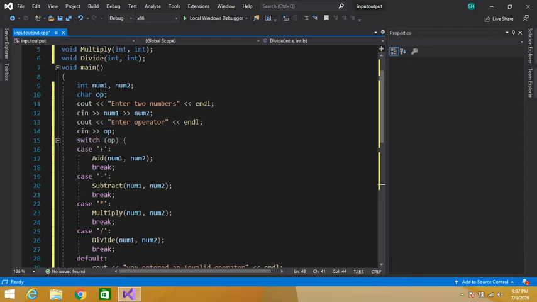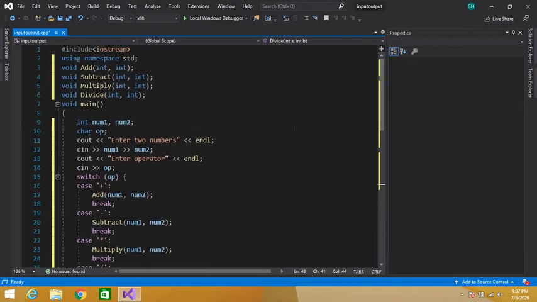I have used a switch statement so that we can execute a function depending on the operator. If the user wants to add two numbers, then the user will enter the plus operator. If the user wants to subtract two numbers, then the user will enter the subtract operator, and depending on the operator, the corresponding case will be executed. So guys, let's execute this program to check whether it's working fine.